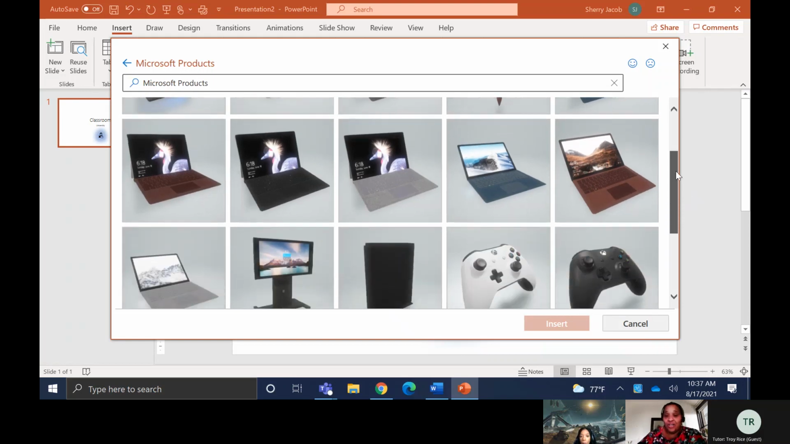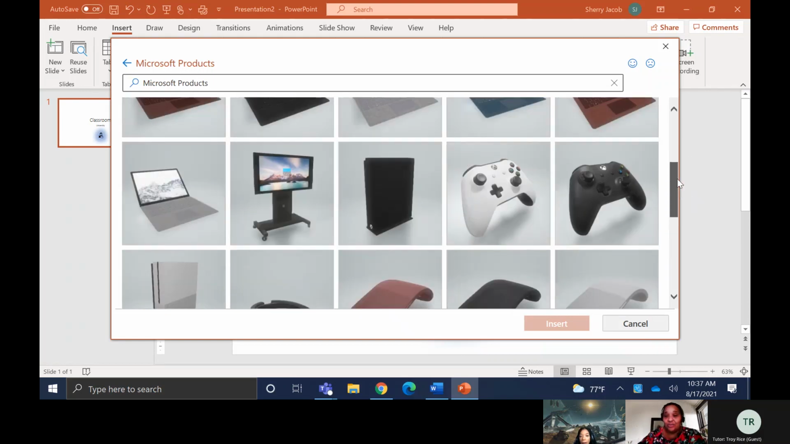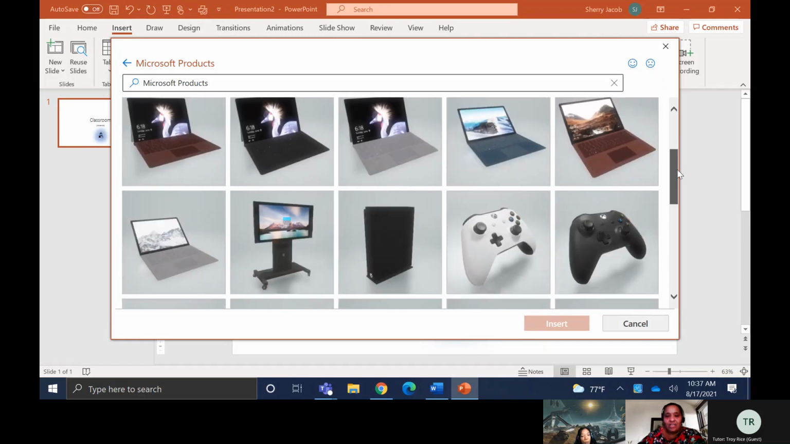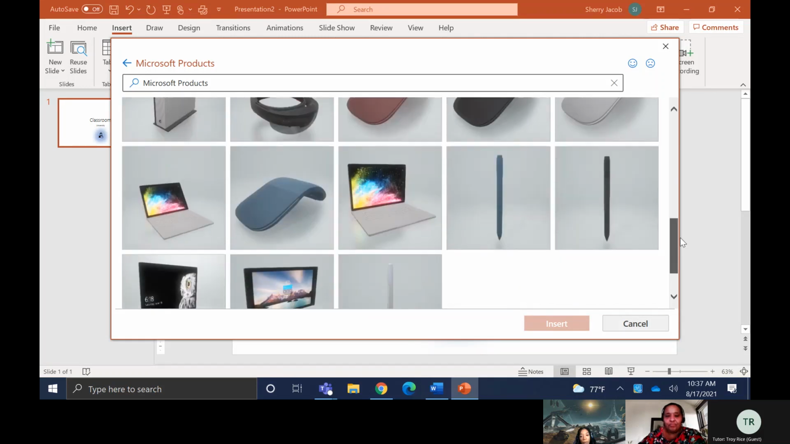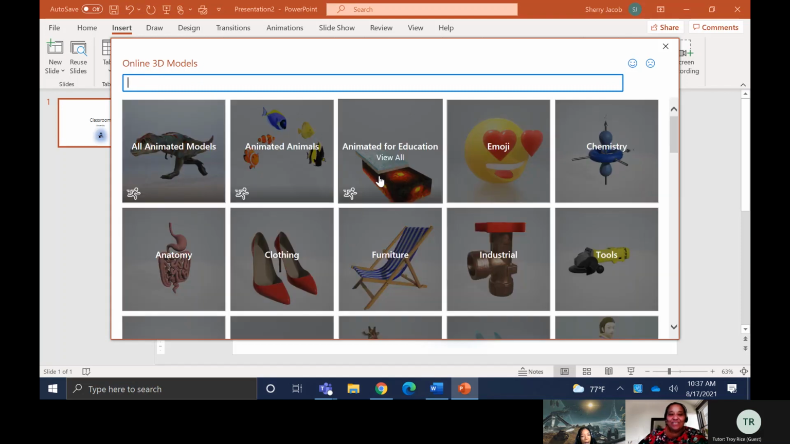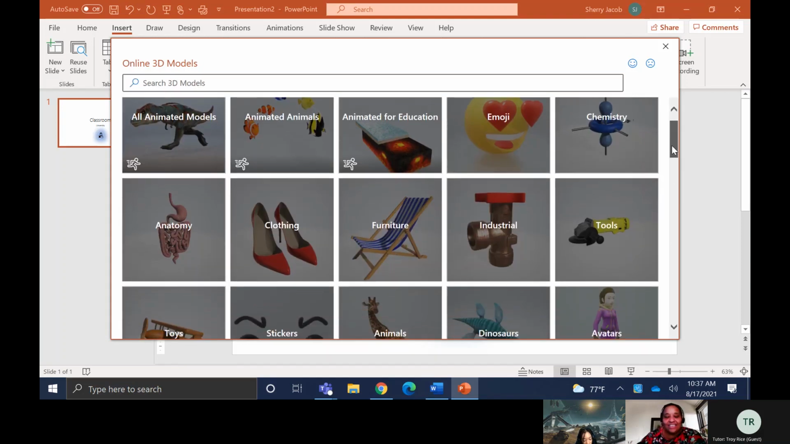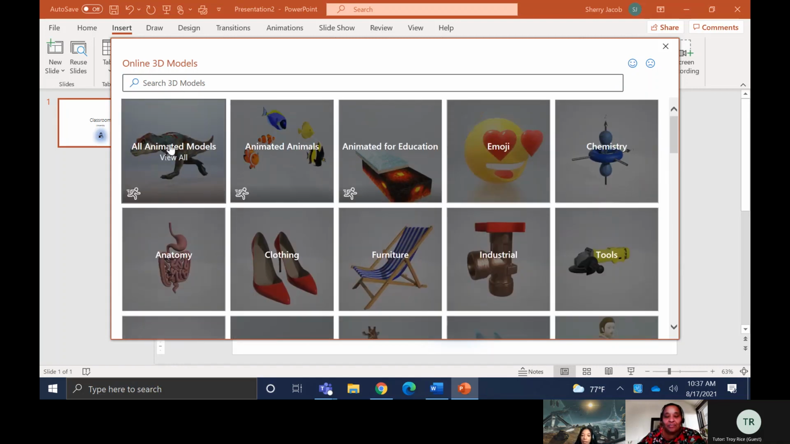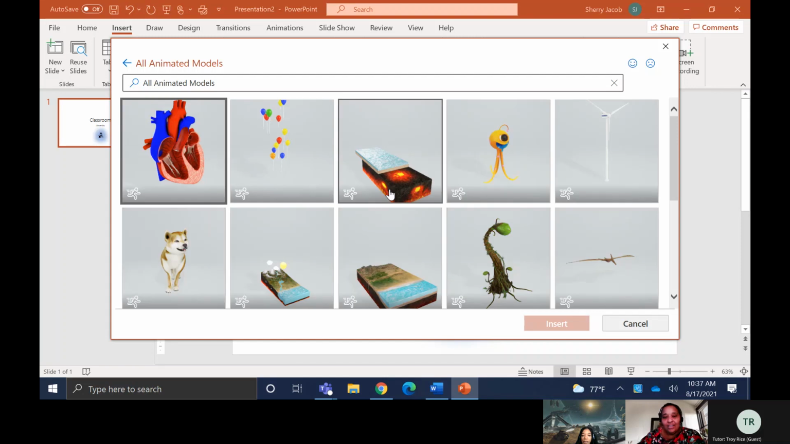Microsoft has a whole category with Microsoft stuff. Of course, they do Xbox and the Surface. So that's another interesting category. Pretty cool. You could lose a whole bunch of time in here. Absolutely. But the animated animals have got to be the most